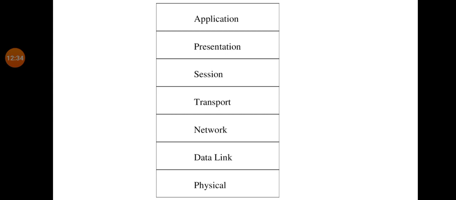A session means whatever exchange is going to happen, whatever we are going to transmit, that complete work we term a session. That session management is the responsibility of the session layer. To perform that session, it will alert host A and host B, and synchronize the conversation between those two hosts, between sender and receiver.